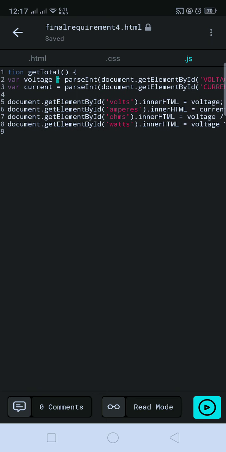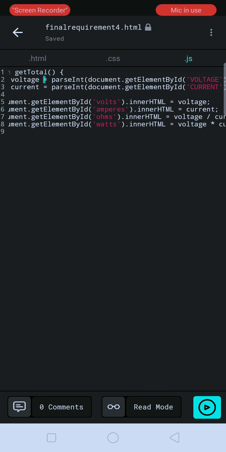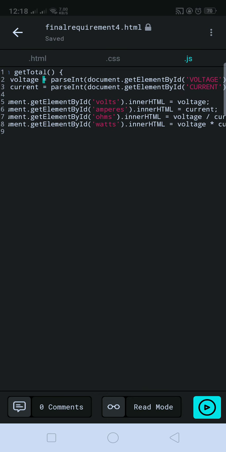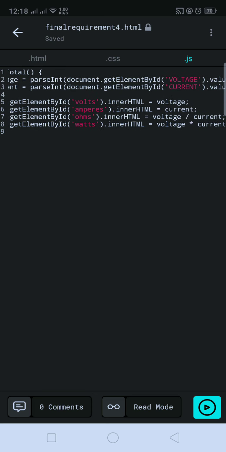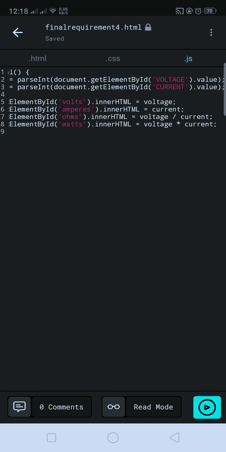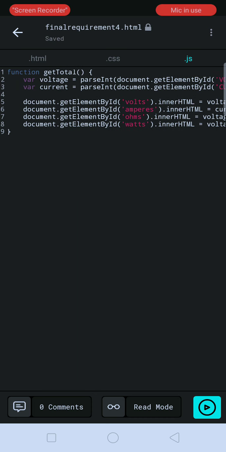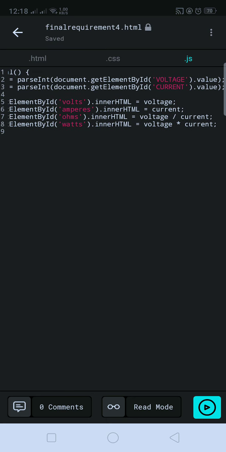Then document.getElementById amperes innerHTML is equal to current. Document.getElementById ohms innerHTML is equal to voltage over current, then document.getElementById watts innerHTML is equal to voltage times current. The formula is